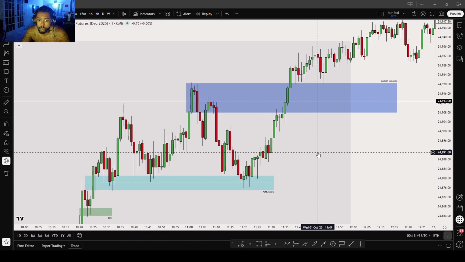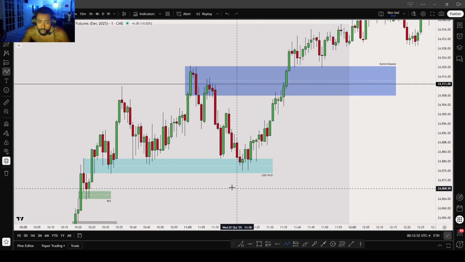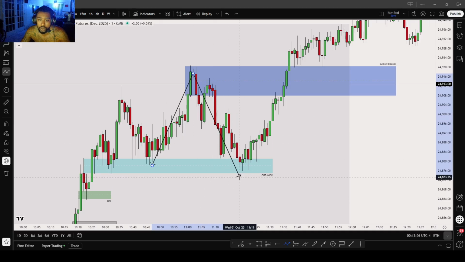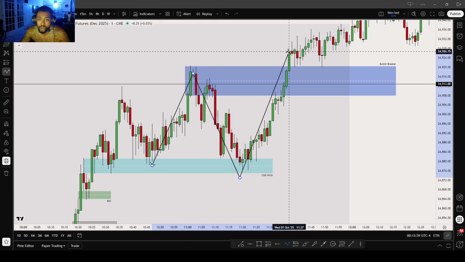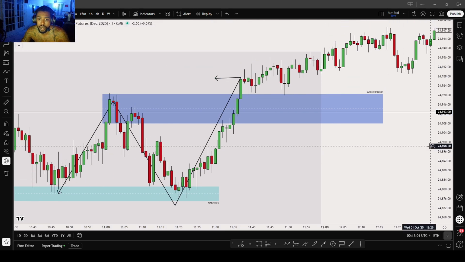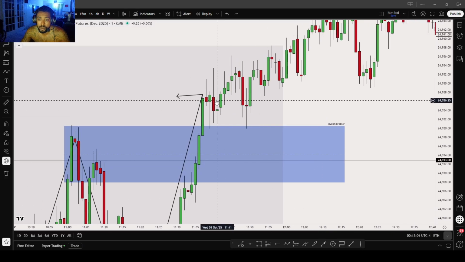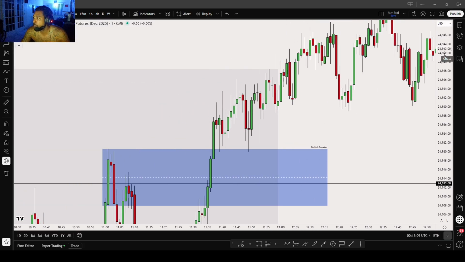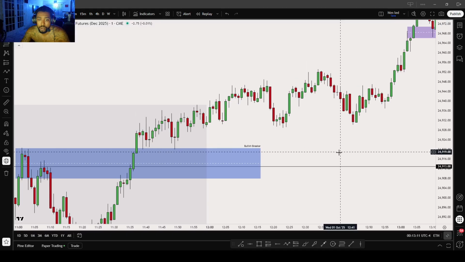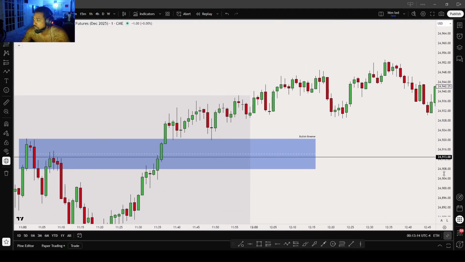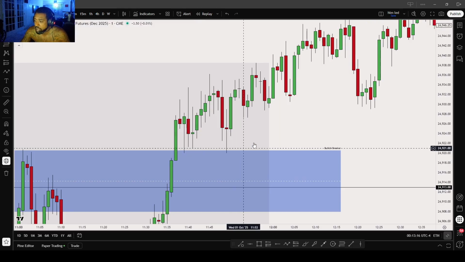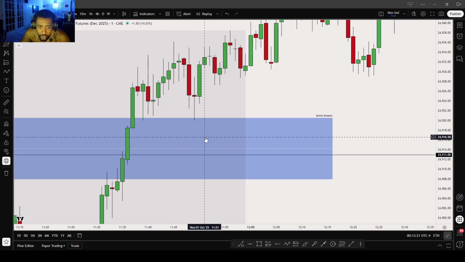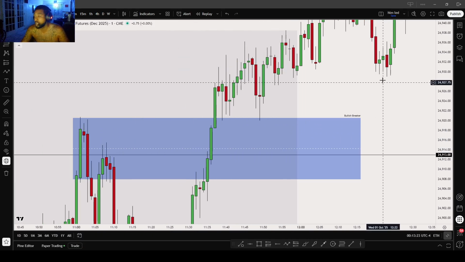Then we come up, create a bullish breaker, another bullish breaker, one of the high probability plays. Low, high, lower low, sweeping out this low, creating a higher high right here once we come into it. You see how once we actually close outside of the breaker, look how perfectly it literally comes right back and touches it. You see how perfectly it just comes right here. It doesn't even have the willingness to come into the inefficiency right here, leaving it as another breakaway in the upper half. That's how you know you're extremely bullish.